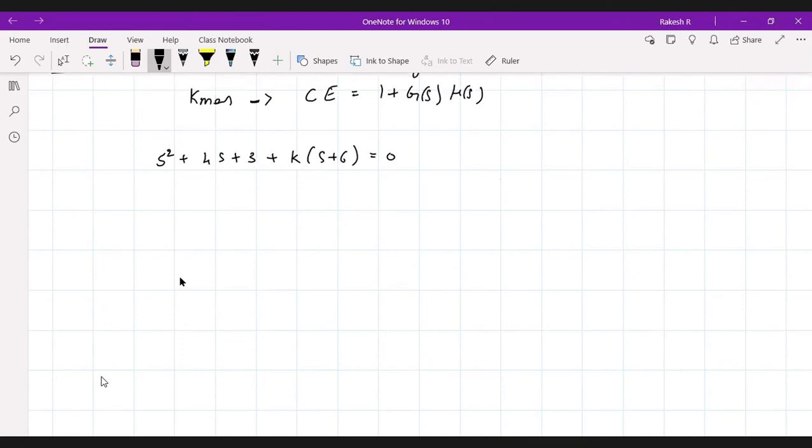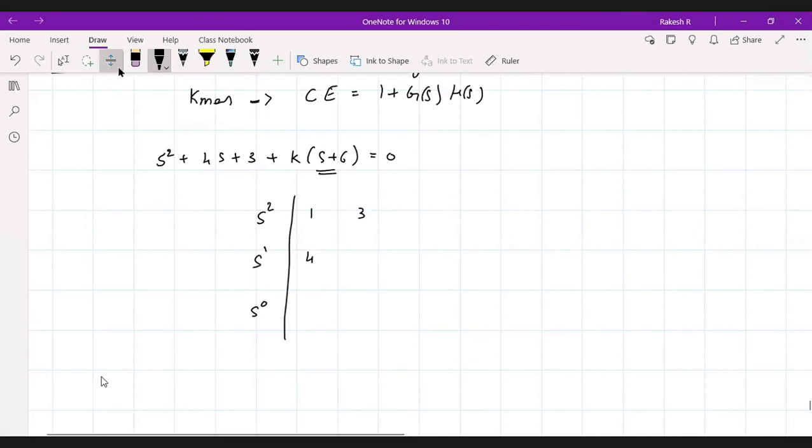Can I do that directly? Can I take this one and do this? No, we cannot do it, because we have the s term here, in this k value. If I do it like that, I'll be getting s square, s raised to 1, s naught, so here will be 1, 4, and here will be 3. Again, we have one more term, that is k. Where will you be writing that? So this I cannot do.